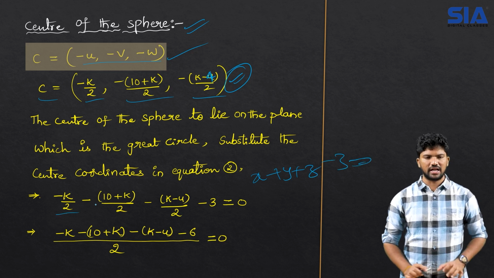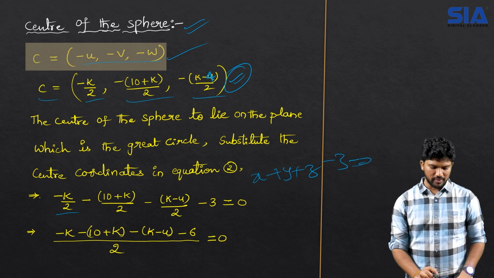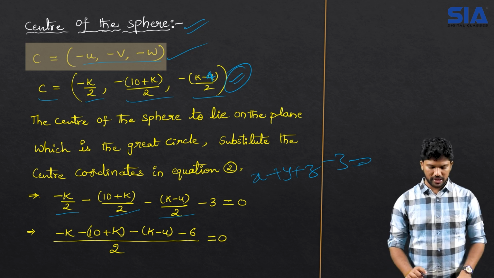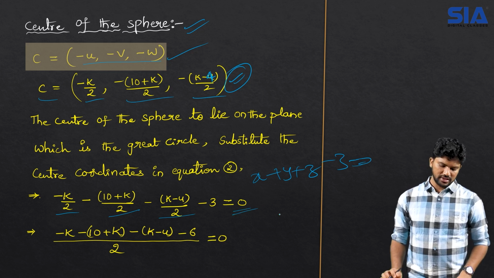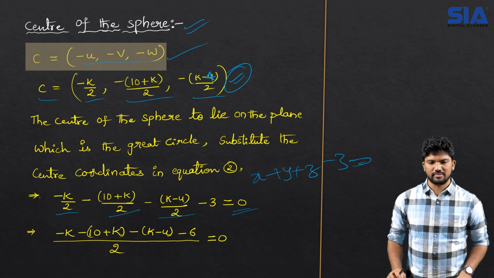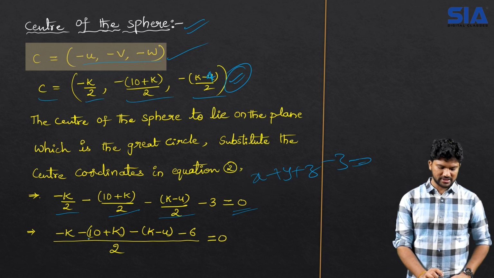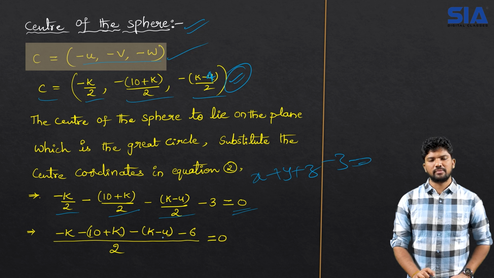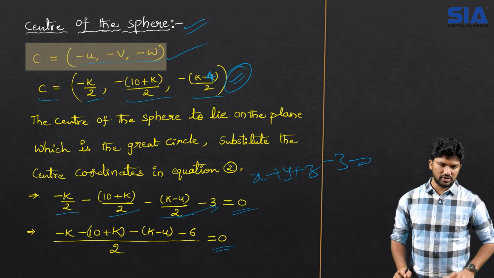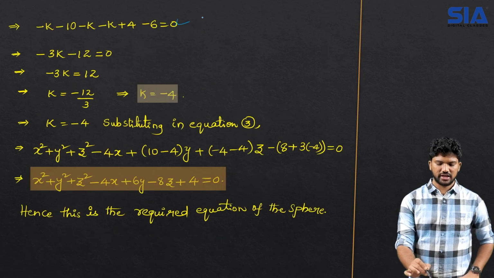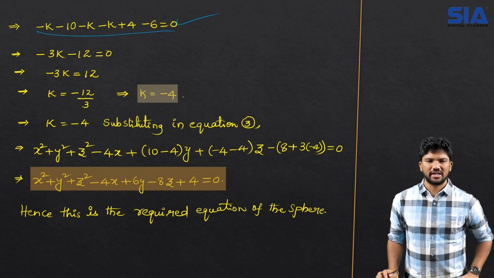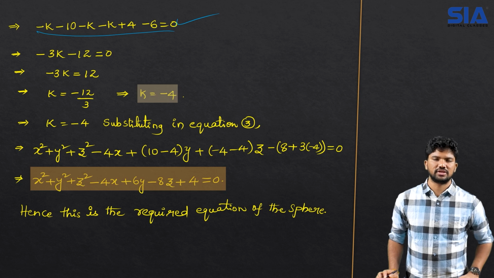So in place of x the value is minus k by 2, y is minus of 10 plus k by 2, and z is minus of k minus 4 by 2, minus 3 is equal to 0. So take the LCM, which is 2. Therefore minus k minus 10 plus k minus k minus 4 minus 2 threes are 6 equal to 0. Send the denominator 2 value to the RHS, so 0 into 2 is 0. Therefore the remaining numerator values are multiplied,